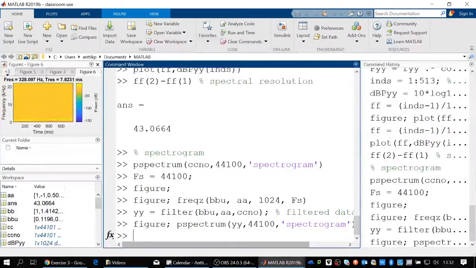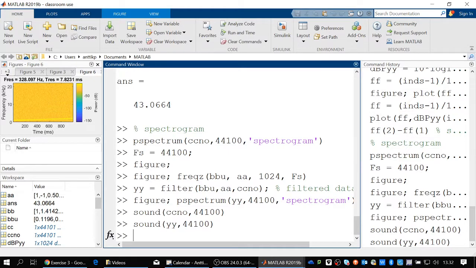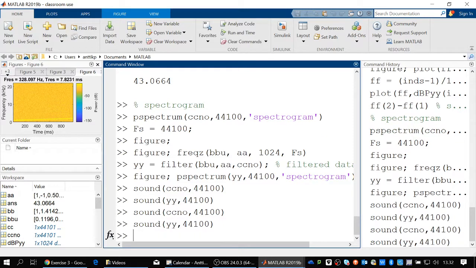But let's hear if it suppresses it so that we can hear it. So this is the original sound, and then the filtered sound. Any change? Other than the later one is a little bit louder. Not much. Not a good audio filter. You can still hear the noise. Okay. Anyhow,